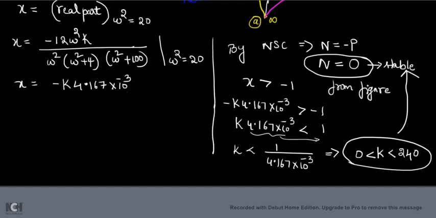If you maintain the K value between 0 and 240, then only you can call it a stable system. If you keep any other value for K, like 250 or 300, more than 240, then the system becomes unstable. Is it clear? Only for this range of K is the system stable. Done. This much you need to do for solving this problem.